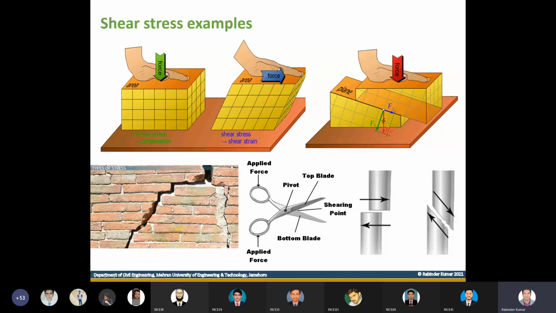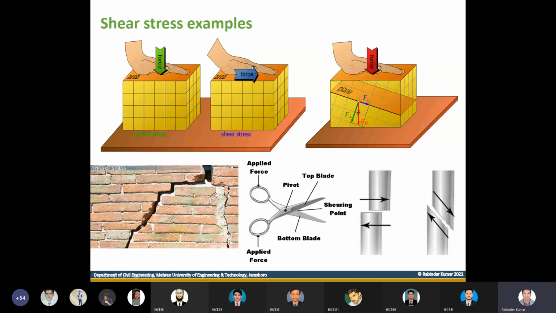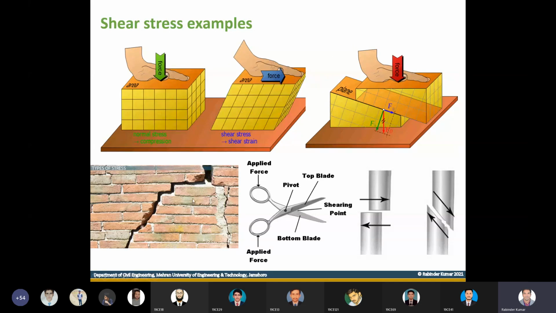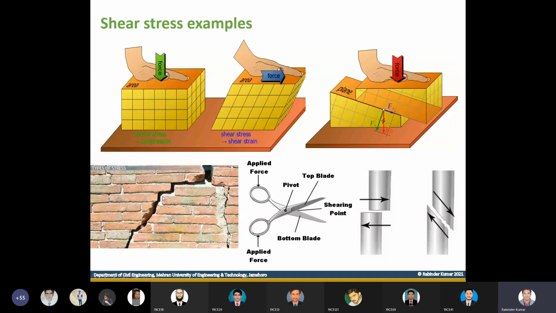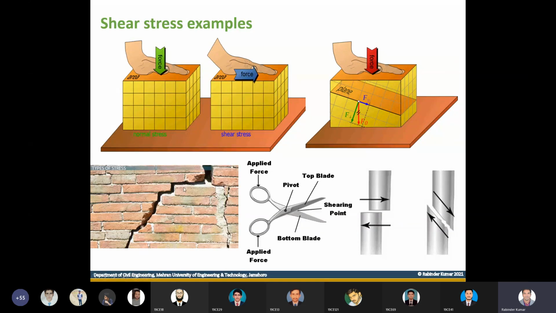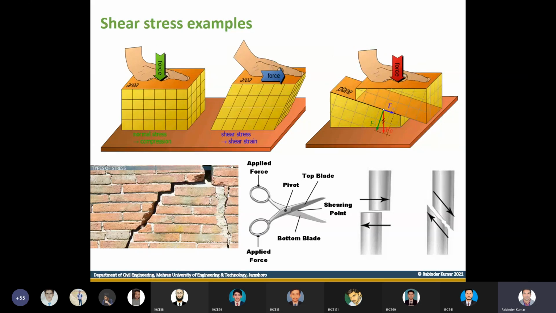How can you visualize the shear stress? Whether the object is failing in shear or because it is trying to split. These two portions are trying to split just like this. Look at both of these things. Look at this bar. It is trying to fail in a sliding manner. If you see such behavior, that means the shear stresses are higher, or the material is not able to sustain the shear stresses.